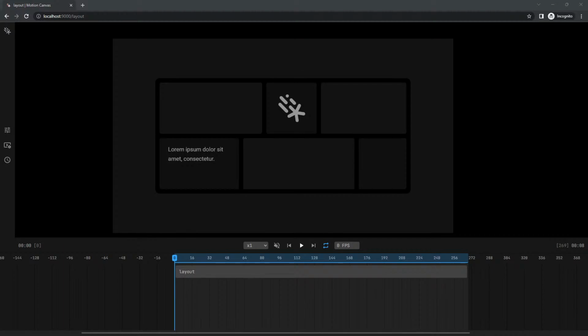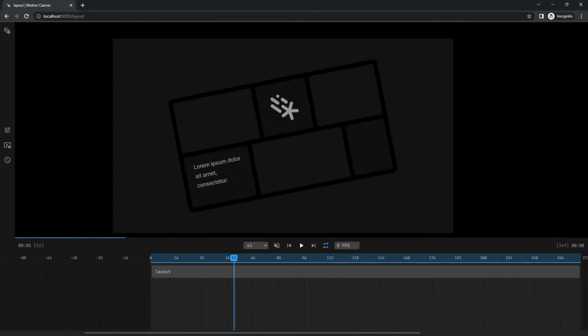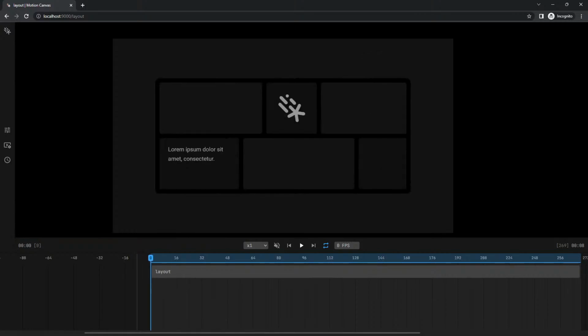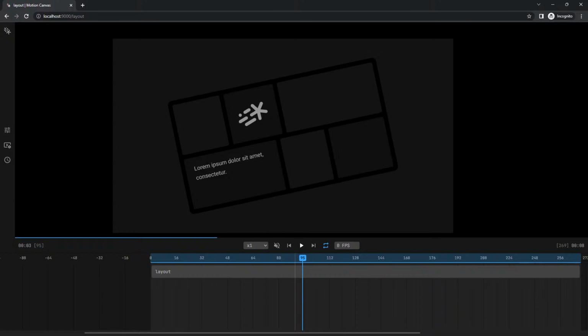Have you thought about making the playhead draggable? No. I can go as far as to say that it's impossible to do in a performant manner, because the way Motion Canvas works is that when I want to go to 96 frame, I need to reset the entire animation to 0 and recalculate it up until this point. So going forward is really cheap, right? And it can be done in real time, no problem. But going backwards